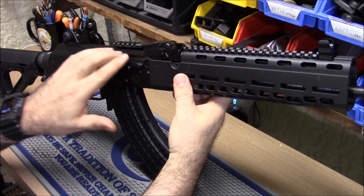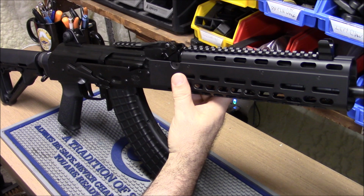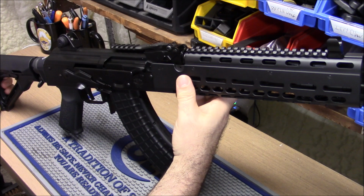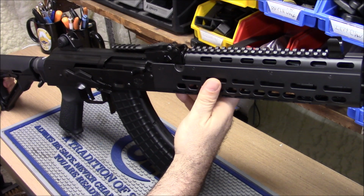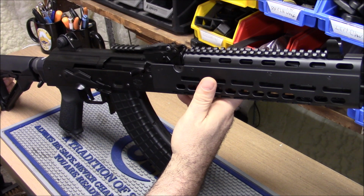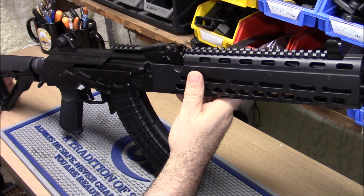When you take the dust cover off, you will see everything is rounded off, everything is polished, everything is smoothed out to make that trigger pull like you want it to be. The better the trigger, the less you disturb the gun when you're pulling the trigger, and the more accurate you will shoot. It has the Krebs